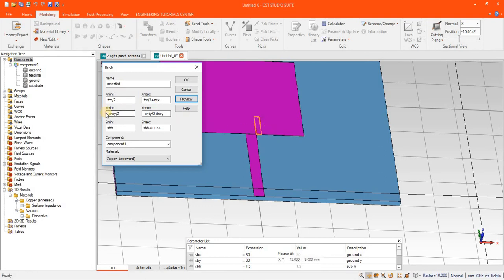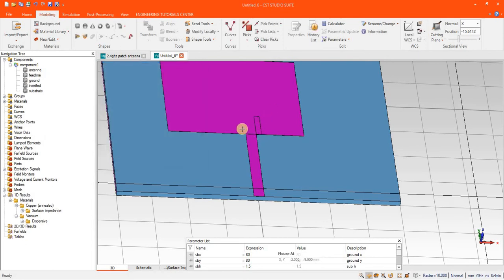Similarly, on the y-axis, the starting position of the antenna along the y-axis, and we will add the inset feed dimension along the y-axis in the positive direction. The z-axis dimension will remain the same as the antenna and feed line. Just press OK.